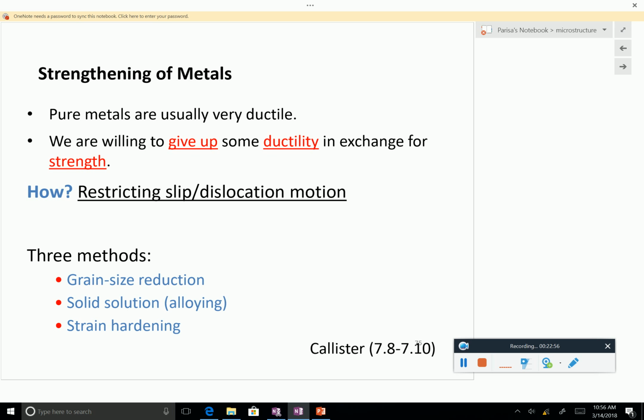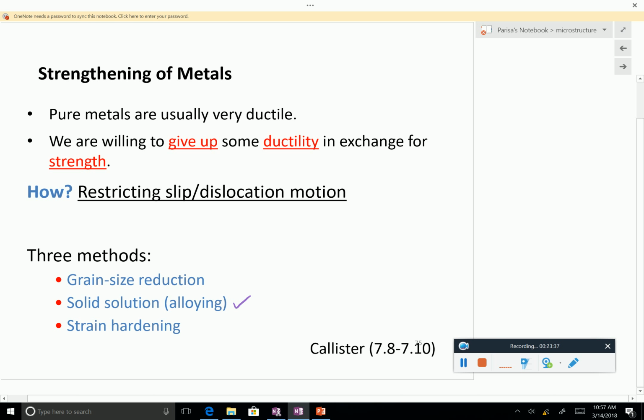I think the last discussion here is, okay, now that we learned so much about microstructure, how can we use that to achieve the types of properties we want to have? For example, how would you have stronger metals? Because if you have just pure iron, it's pretty ductile, but it's not strong enough. So what do you do to have higher strength? There are three methods. One is alloying. We just learned about that. But there are two other methods.